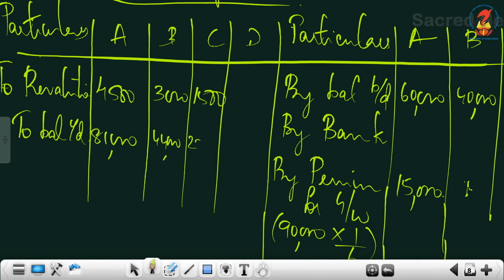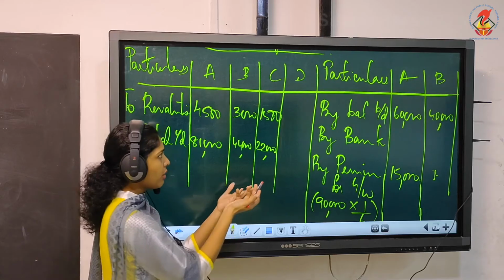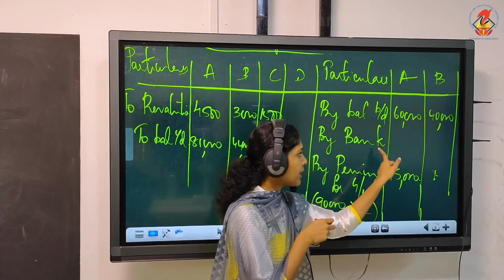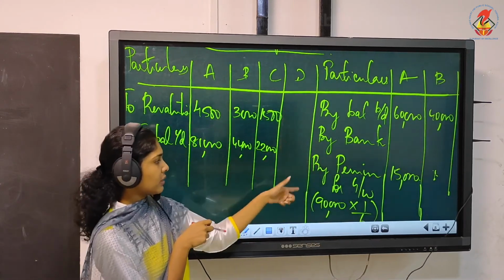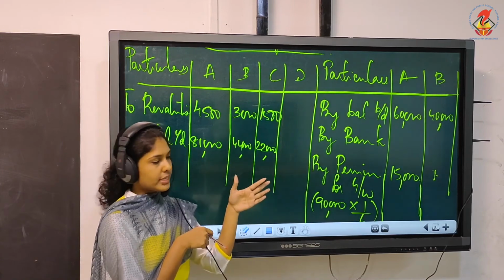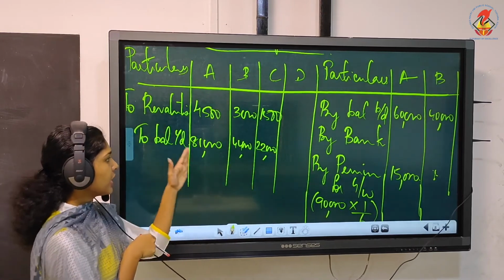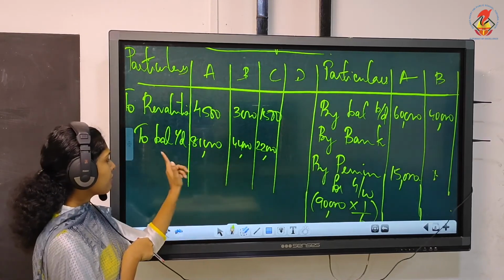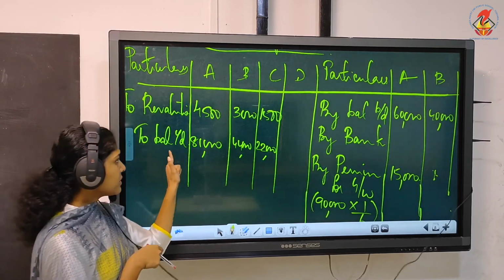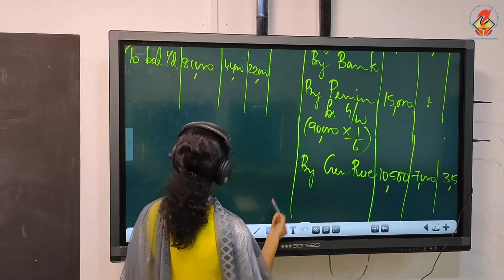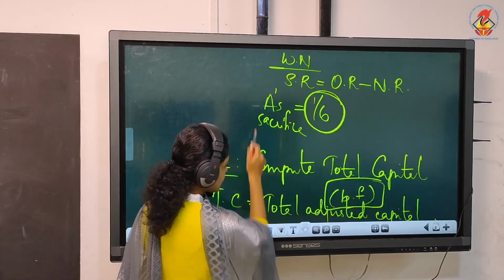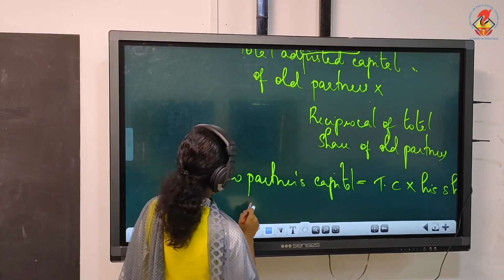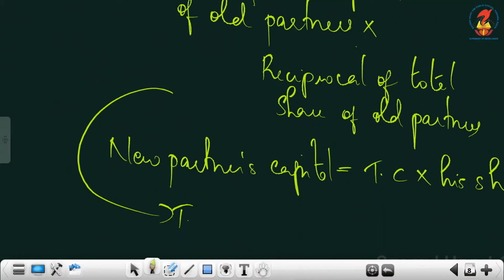Nothing will be there in D's column, and he is the new partner also. This column is blank now. The bank figure is blank, so here nothing will be there. You can't write anything. To get that amount, we are doing all these. So total adjusted capital means the total of the balancing figures of old partners. This is just the balancing figures, and you can write it as balance carried down. It's not like your first method. So total of your balancing figures, that is 81,000 plus, I'll do the calculation here. The total capital is equal to 81,000 plus 44 and 22.